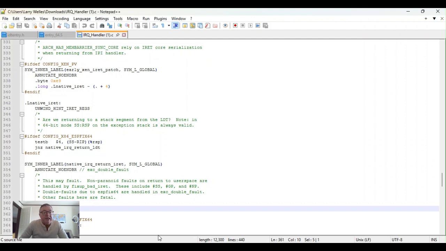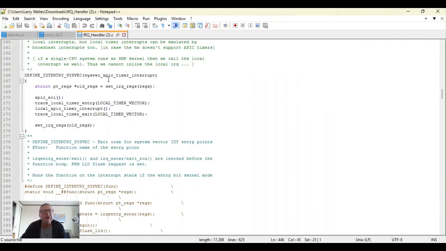Haven't found it yet in this file. This was our function that we thought, okay, this is pretty easy. We set the timer trace on, we do our local interrupt, and then we're done. Guess what? This thing is wrapped up in a bunch of layers, and that's why rather than just a simple